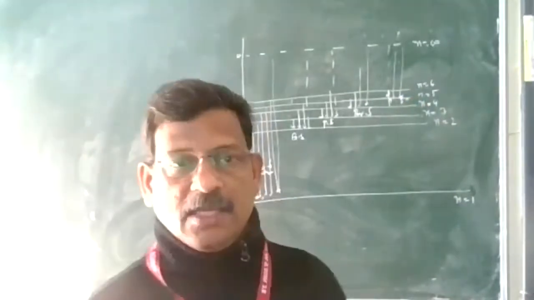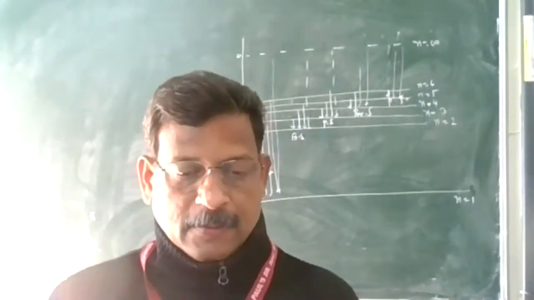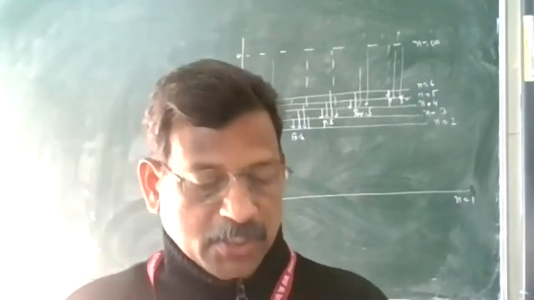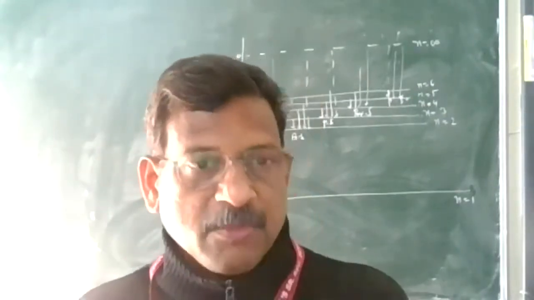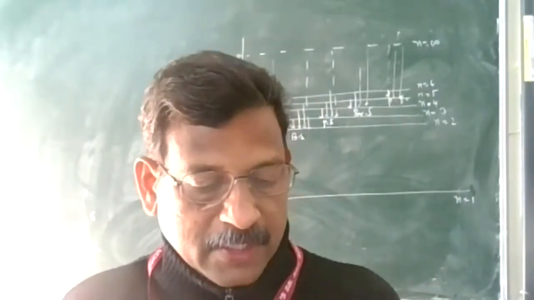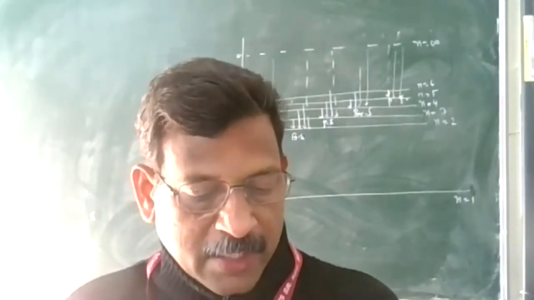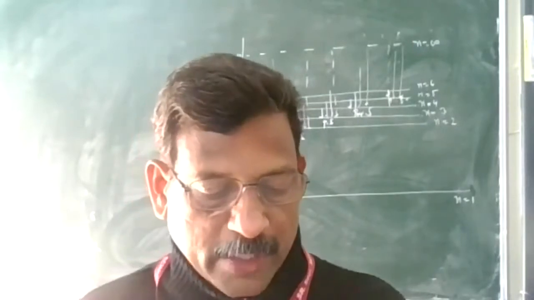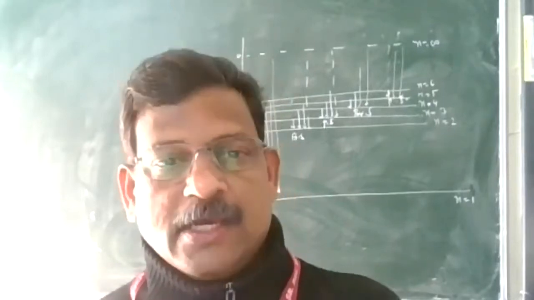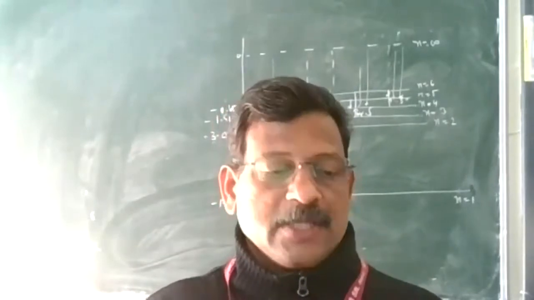This is the energy level diagram to depict the different spectral series of hydrogen. And the maximum and minimum wavelengths in the Lyman series and Balmer series you have learned. The maximum wavelength in the Lyman series is 122.6 nanometer and the minimum wavelength is 91.2 nanometer. In the Balmer series, the maximum wavelength is 656.3 nanometer and the minimum is 364.6 nanometer. Just remember these values of the two series, maximum and minimum, because they are very important for examination.